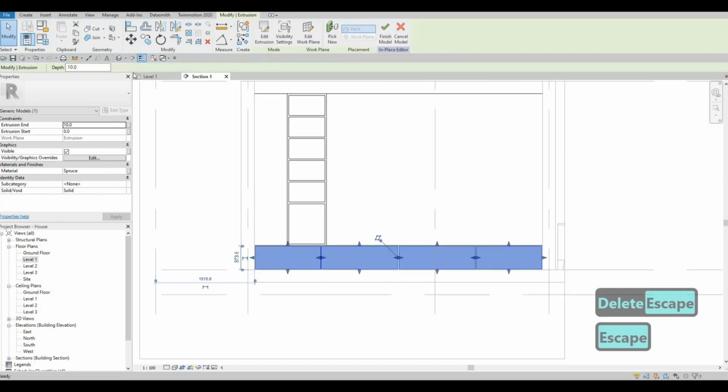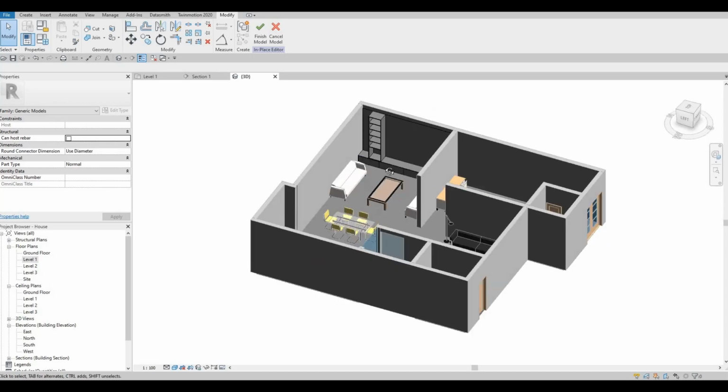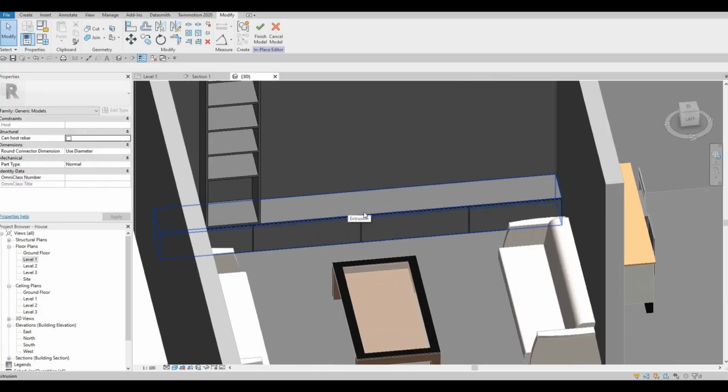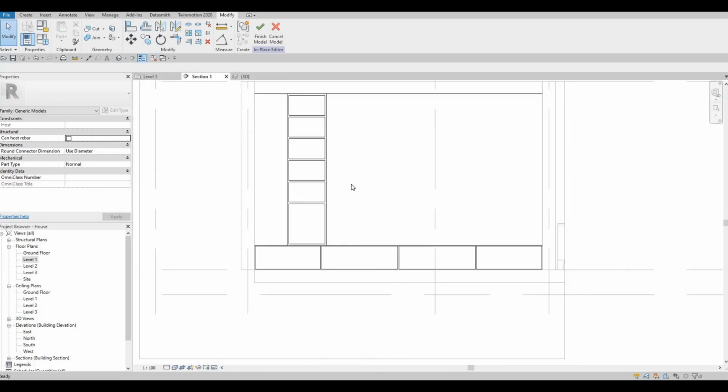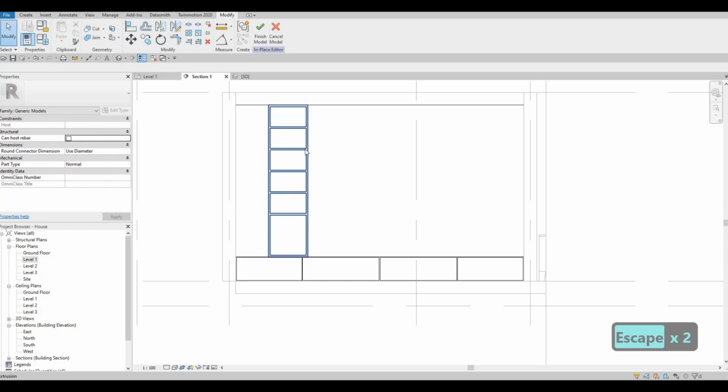So we mirror that one right there. If we see it in 3D, it will look like that. So that looks nice. And then what we're gonna do is we're gonna mirror this one, but we need to finish this first. And what I'm planning to do here is,